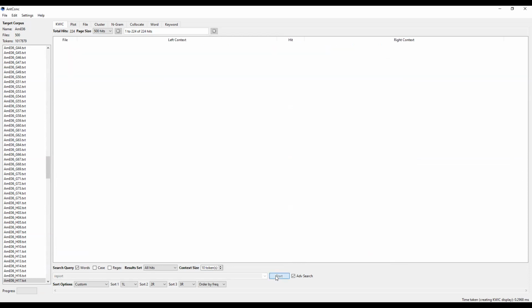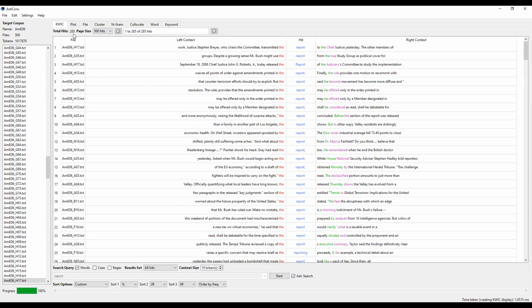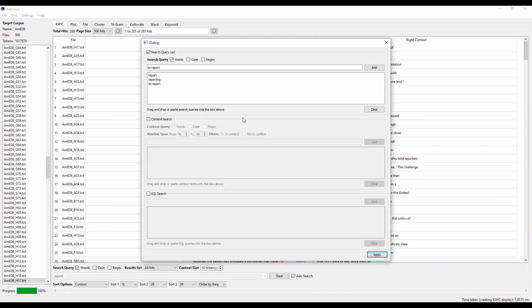start, and my 224 goes to 285. Why is that? Because I'm not only looking for report and its manifestations, but also "to report" and "reporting." So there are different ways that you can expand or reduce your results. So I'm going to go back in here. And the interesting thing is this is selected as an advanced search, so you have to deselect it, then click it again to do that. So that is one way that you can search